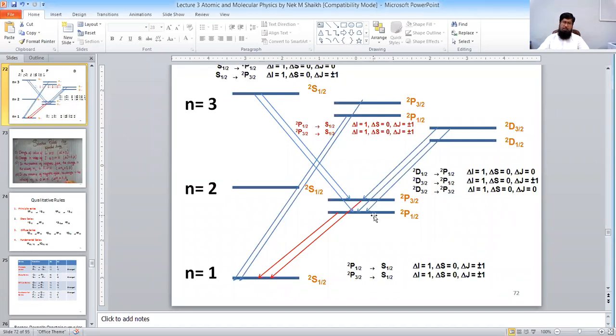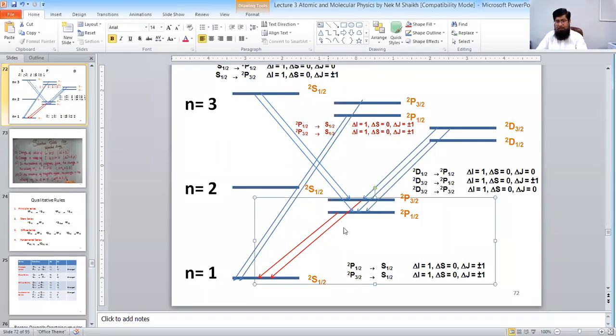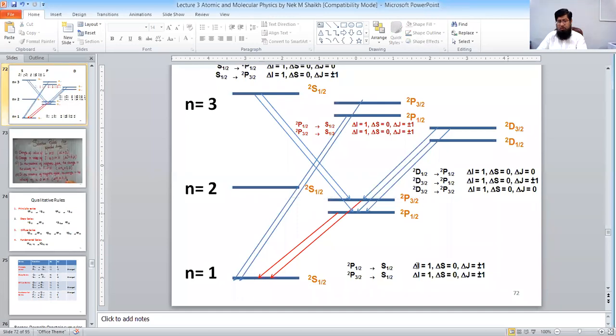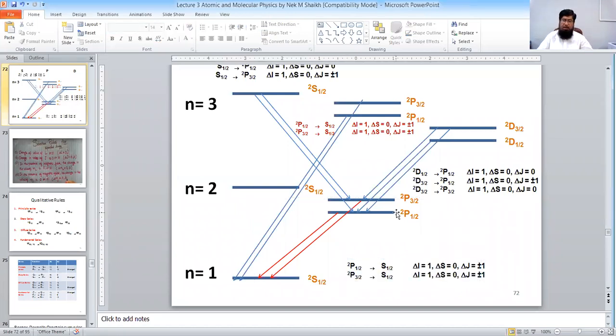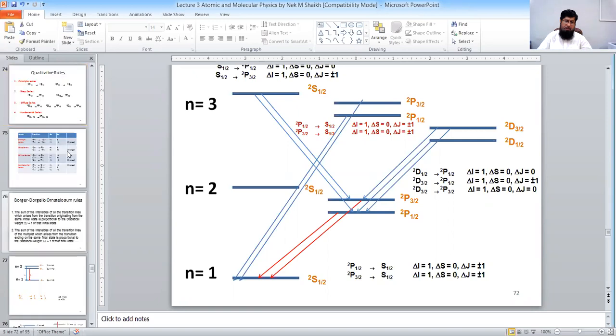अब 2p से 2s में आ रहा है, यहाँ पे आपके पास दो लाइनें मिल रही हैं, ठीक है, एक 2p दूसरा 2s। अब इसमें कौन सी इंटेंसिटी, किसकी इंटेंसिटी ज्यादा होगी? फर्ज कर लेते हैं कि हमारे पास ये दो लाइनें, दो रेड लाइंस जो हम बात कर रहे हैं, इनकी इंटेंसिटी ज्यादा किसकी होगी? हम इसको देखते हैं, ये जो हमारे पास रूल्स हैं। अब यहाँ पे इसी तरीके से S से P में आता है, इसी तरीके से D से P में आता है। इसको देखने के लिए हम इसको इस तरह करते हैं।